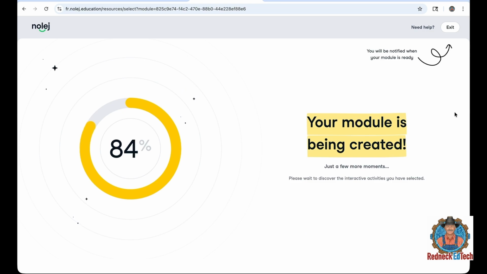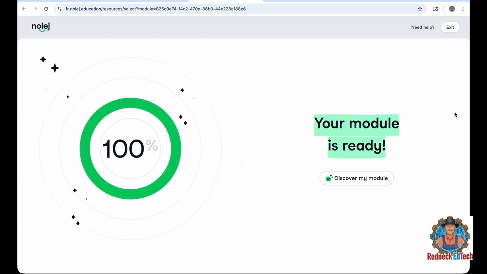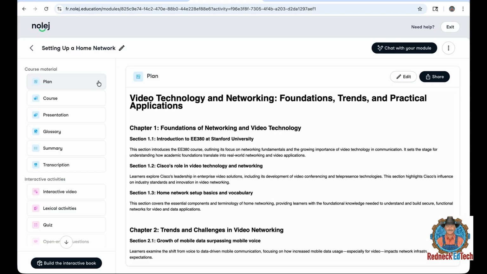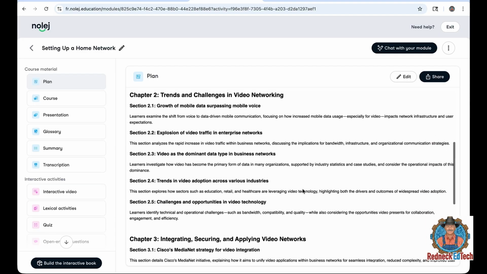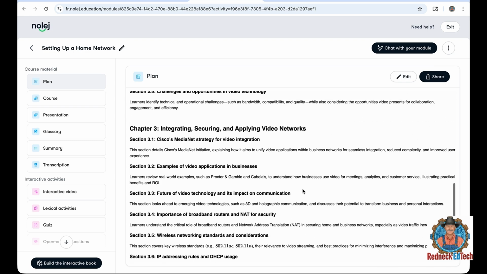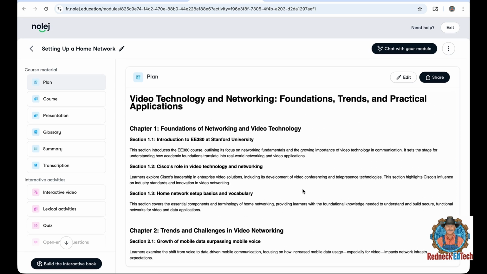Now, once your module's created, and please understand this does take several minutes. The last module that I completed took just over 5.5 to 6 minutes to generate. When it becomes ready and you've reached your 100%, discover your module. Now this outlines everything on the left-hand side. Your plan. This is broken down chapter by chapter to cover the information in sections to keep you on top of what you're covering. If you take a look at the course, once you select it,